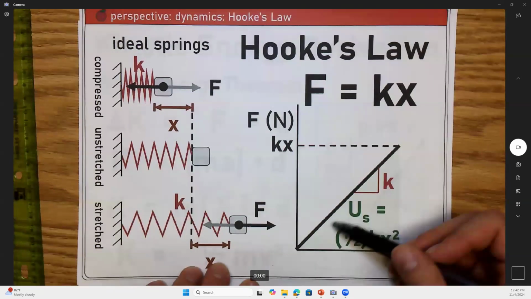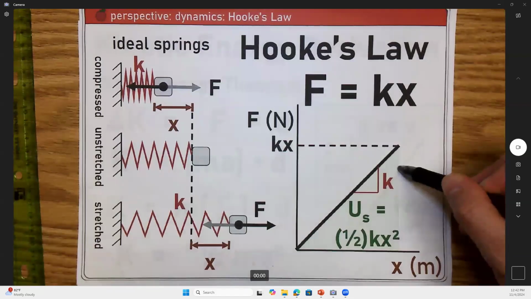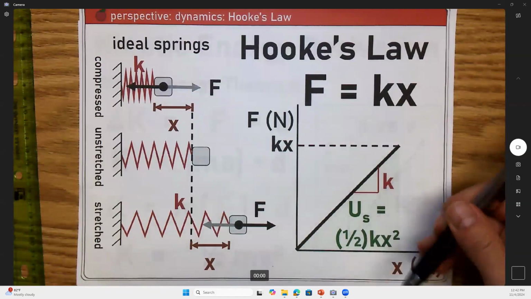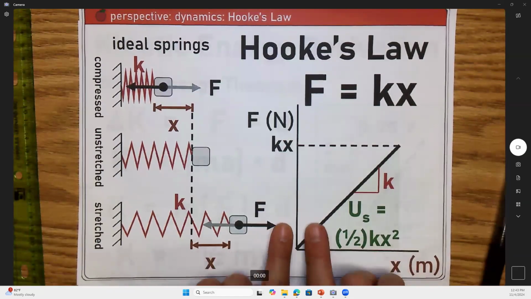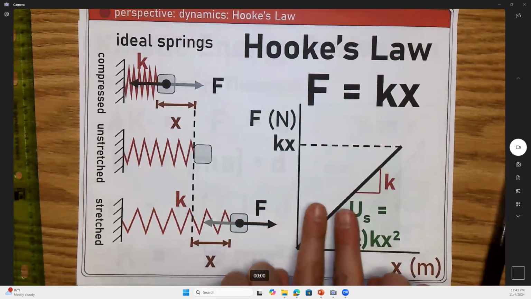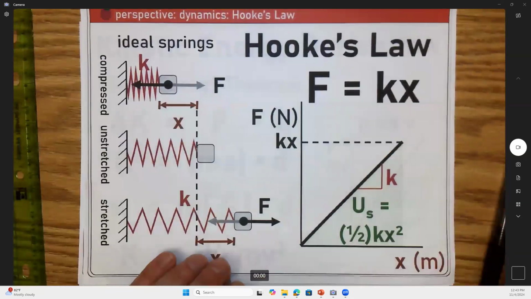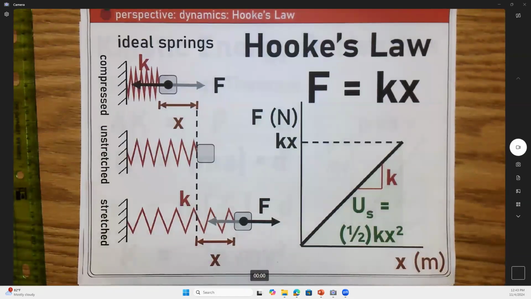But the area under the curve still represents how much work was transferred, how much energy was done compressing it, and therefore how much energy is stored in the spring, which is completely compressed. Or if you like, you could break this up into like 100 tall, skinny rectangles, go all the way across to add them all up. That's a math process called integration. But on this graph, it's effectively just the area of that triangle, isn't it?